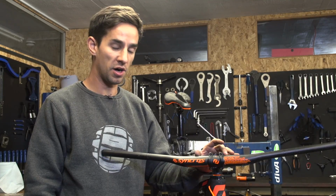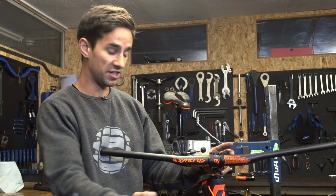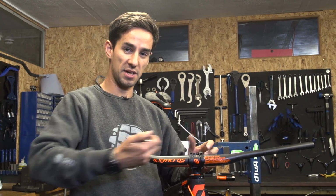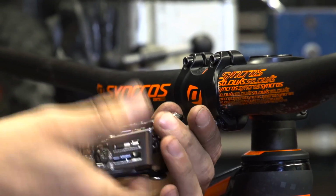So now to remove the bars from the stem. It's really common to have these 4 bolts and that front plate just lifts off. In more old-fashioned stems, you might just have 2 that clamp the bars down. So undo those and then you might have to thread the bars out. So in this case, I'm just going to remove all 4 of these bolts and remove the bars at the